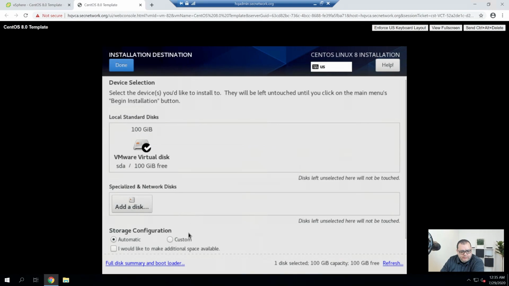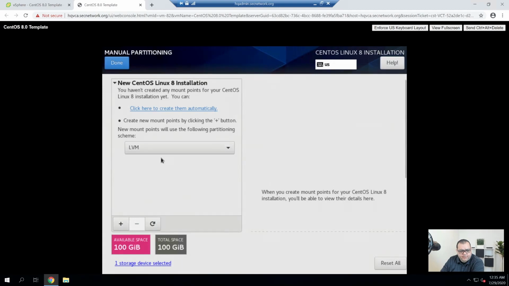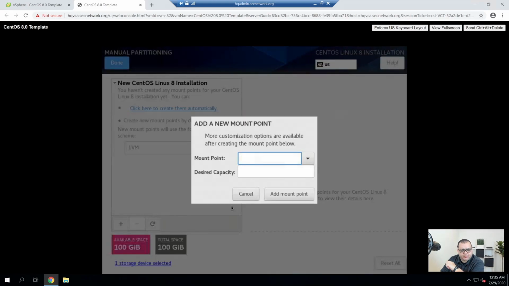As for this, I'm going to do a custom partition table. Trying to decide if I want to use LVM or stick to standard partitions, but for this I'll do an LVM. So the first thing I'm going to do is a /boot partition, which I'm going to give 1 gig, which should be more than enough.